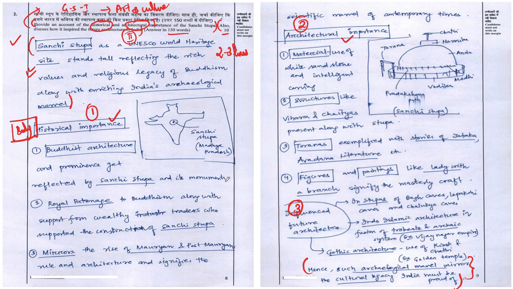But one mistake which this particular topper has made in this answer is that he has overly given weightage to the first segment of the question for the maximum part of the answer. Whereas the second part of the question would also have carried 5 marks, because the first component carries 5 marks and the second component carries 5 marks. But this topper has given maximum weightage of his space and time to the first component of the question, whereas he is unable to come up with a proper answer for the second component, even though he had enormous content, which we can see in the examples he has quoted and the knowledge he has on this particular topic.